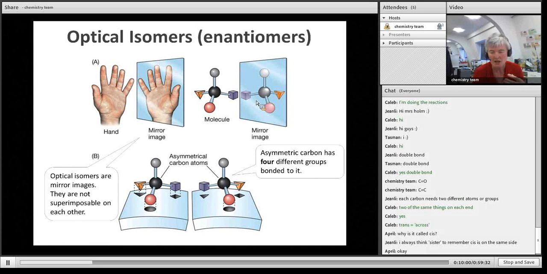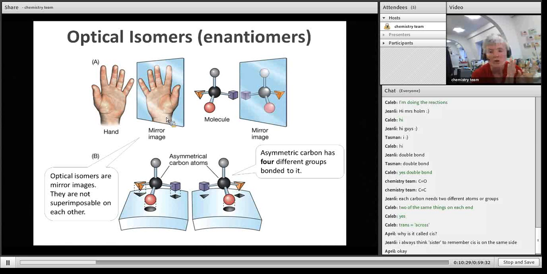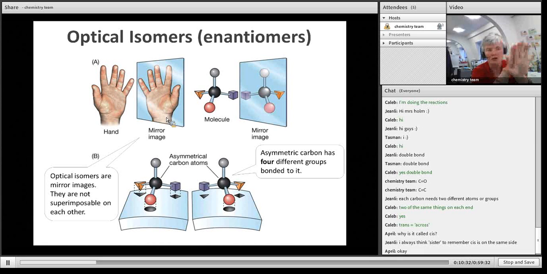They're the same connection, but the way they're connected in space is a little bit different. And the way to see this is, are they superimposable or not? So if you take one and you put it on the other, will it match up? And we talk about chiral or chirality, and that comes from the Greek for hand, handedness. So if you place your hand on top of, not next to, like this, on top of each other,